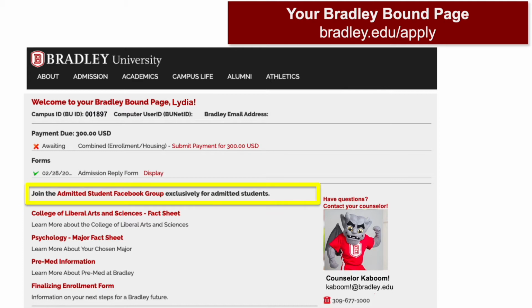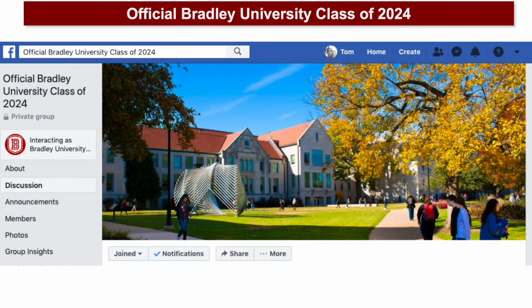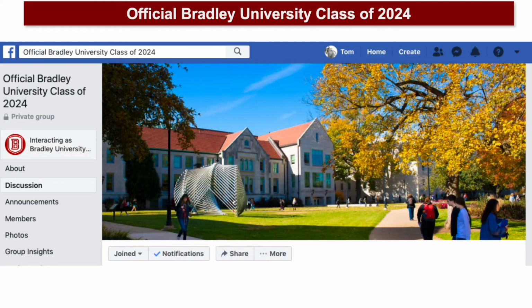Further down the screen, you'll see Join the Admitted Student Facebook group. This is an admitted student Facebook group that grows daily as students say, I'd like to be getting to know people that I might share rides with, become a roommate with, or study in a similar major. And in this group, if you click on that, you'll see a page for the class of 2024. In that group, we post content from our current students, exclusive video content that's not available outside of this element. We also have a group of Bradley students that are writing about their Bradley experiences, and you may click on them and ask them a question.